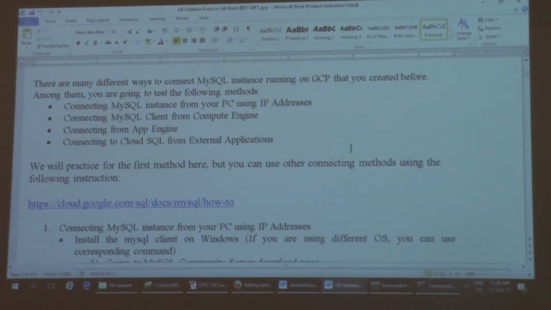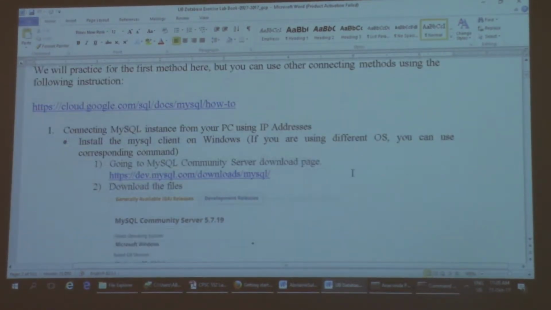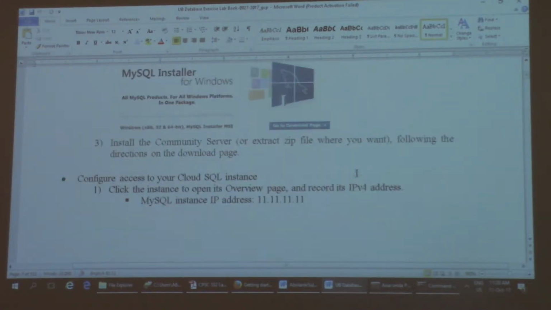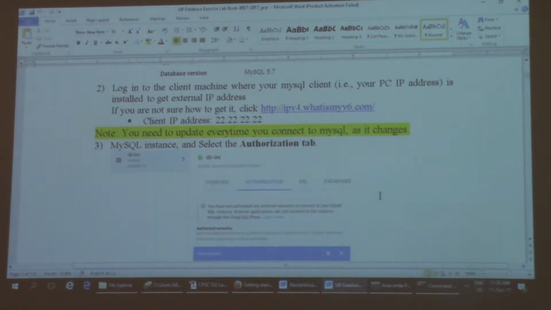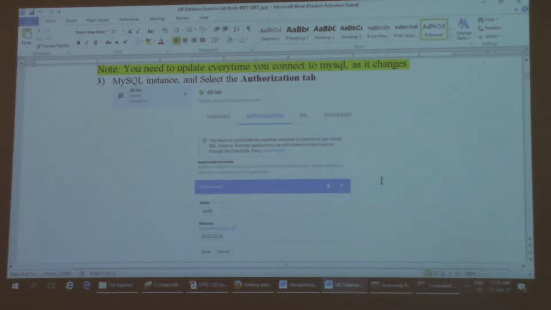Were you able to create the database and the 3 tables I asked? Yes. And I hope by now you are familiar with SQL. It's not something that is difficult. The commands are English-like, so you can easily